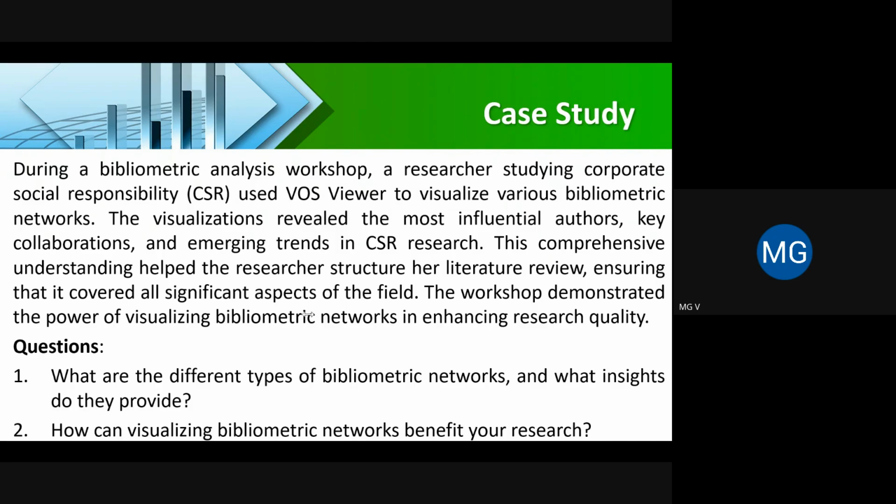This comprehensive understanding helped the researcher structure her literature review, ensuring that it covered all significant aspects of the field. So the workshop demonstrates the power of visualizing bibliometric networks in enhancing research quality, right?